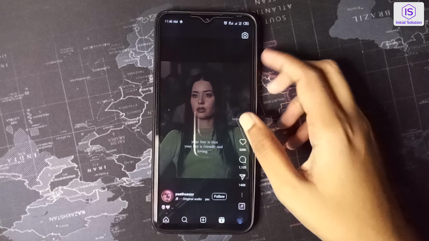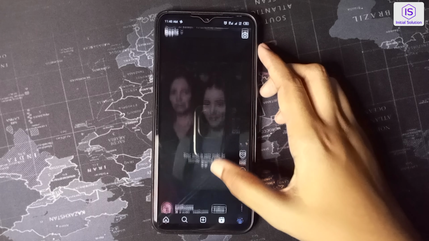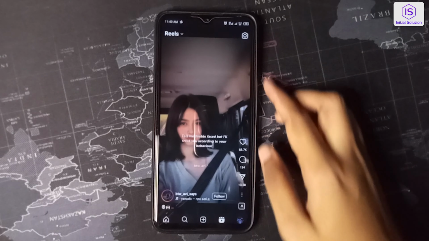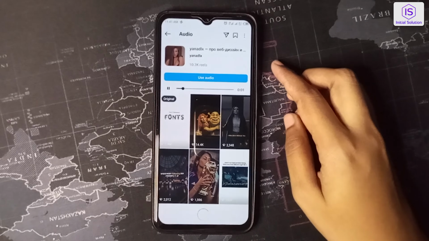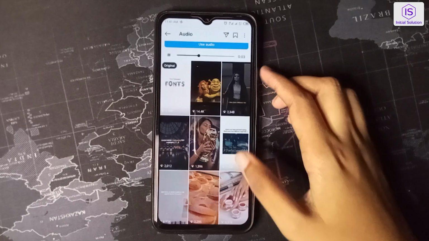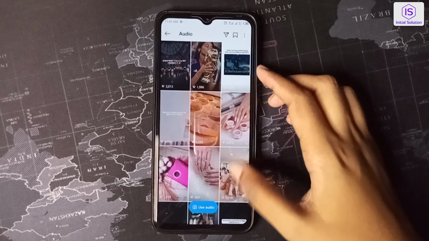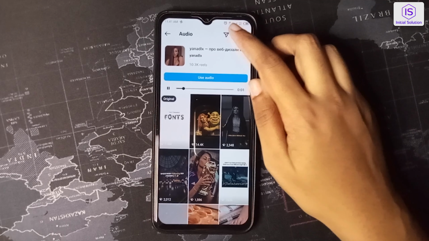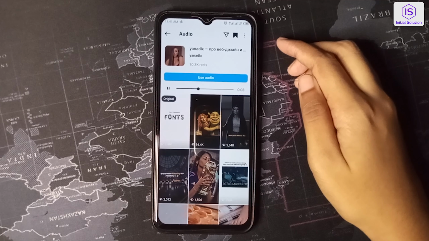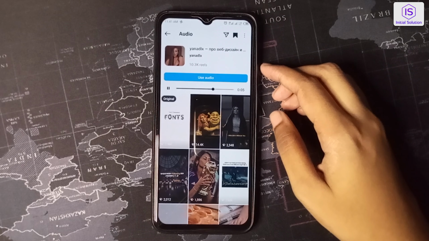When you find a trending audio you like, tap on the audio name at the bottom. This will open an audio page where you can see all reels using that sound. If you want to use the audio later, tap Save Audio. This will save it to your audio library on Instagram so you can easily access it when you are ready